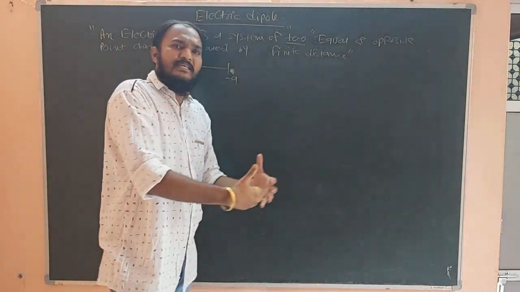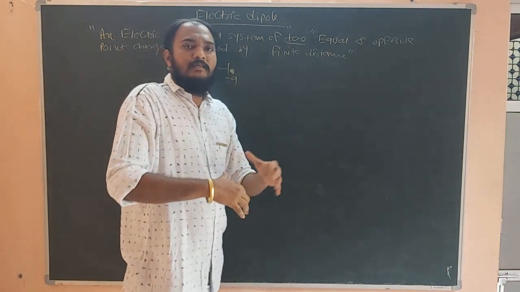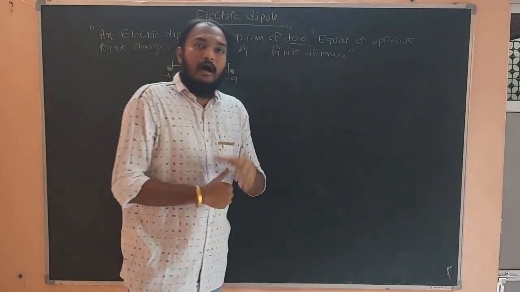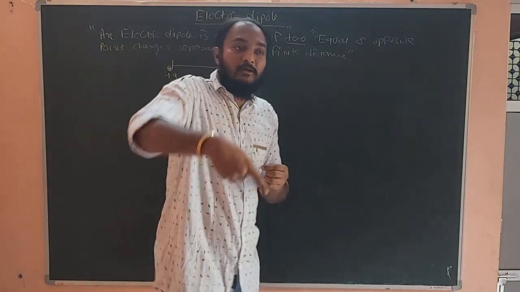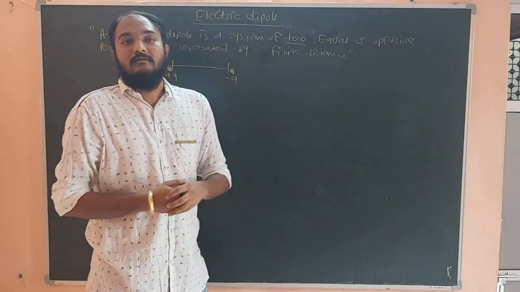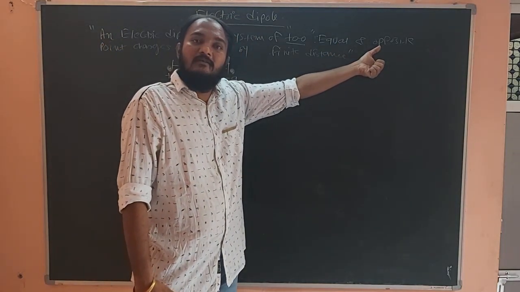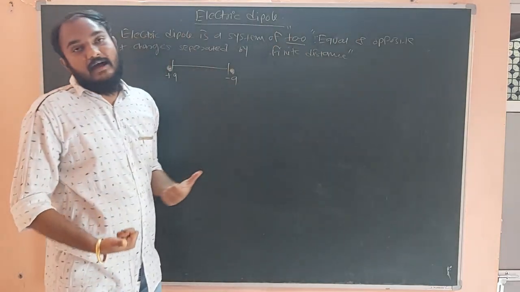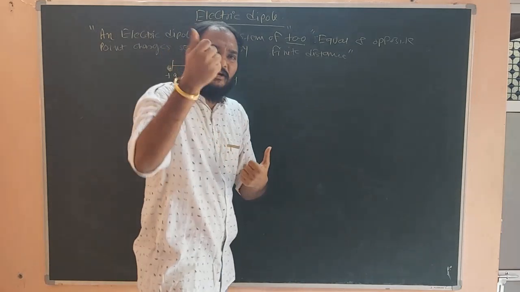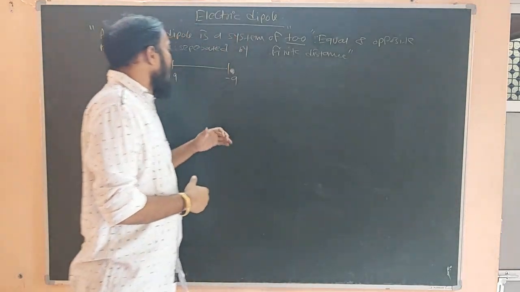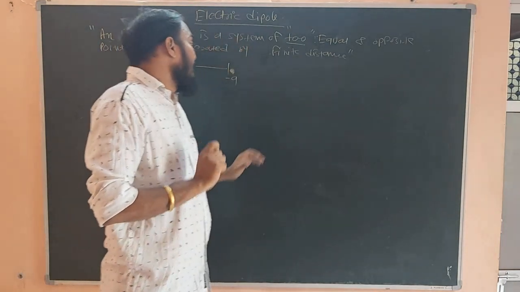In physics and chemistry it is very important. Let us see a hydrogen atom. A hydrogen atom contains a proton in its nucleus and an electron revolving around the nucleus. Electron and proton have equal and opposite charges, so that is your electric dipole in a hydrogen atom. You will study further in college, but for now we will only focus on electric dipole and its electric field.